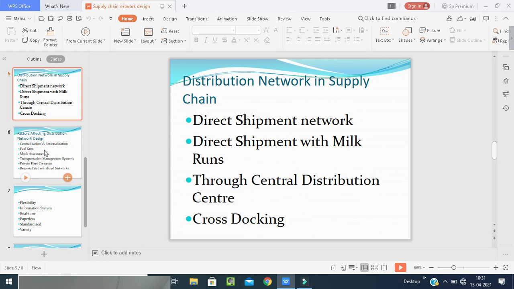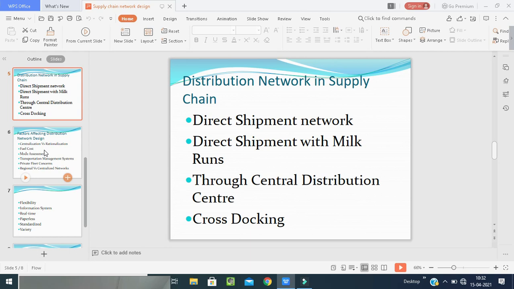Now, during the operations and coordination in this kind of operation, the network is very easy. Another advantage is that it can eliminate intermediate warehouses as goods are shipped directly to the retailers. So there is no need of intermediate channels. There is not any kind of risk because the customer is purchasing goods with limited quantity, whereas the retailer is purchasing the goods in bulk quantity, and the goods move properly in the direct shipment network. Next one, direct shipping with milk runs.